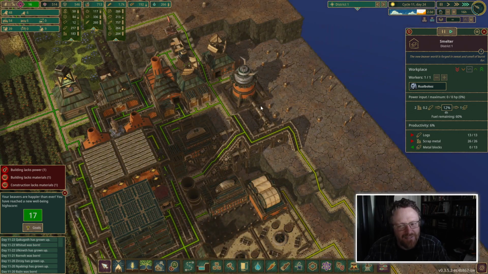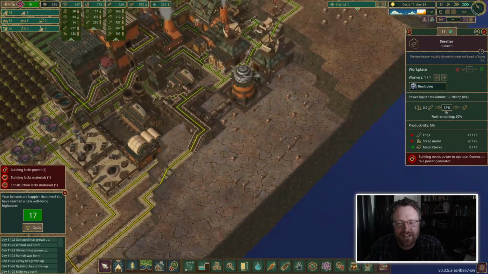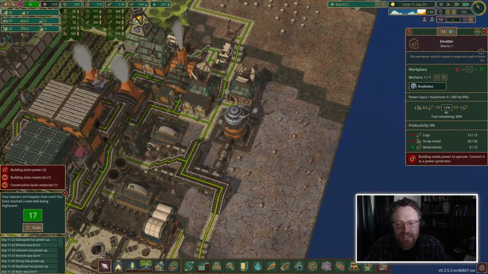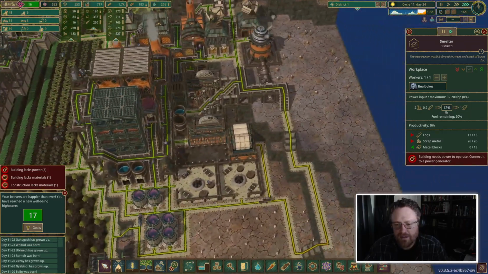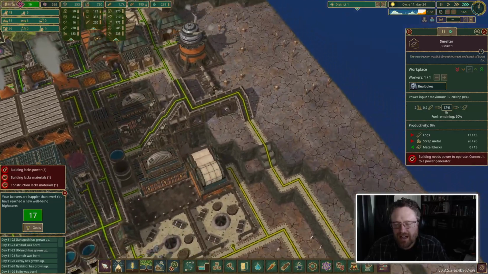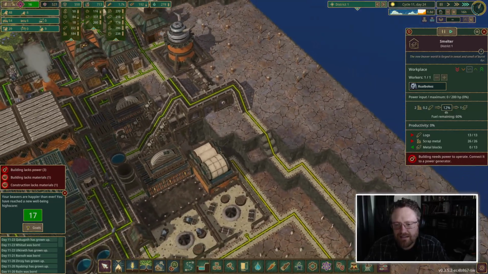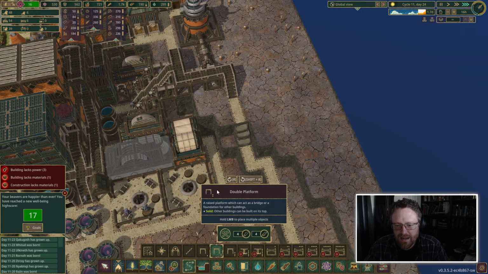But now we have this engine, and I'm thinking I should probably build another metal refinery up here by the engine, driven by the engine. So let's do that. Where's a good place for it? So it's 4 long. So what I'm thinking is...